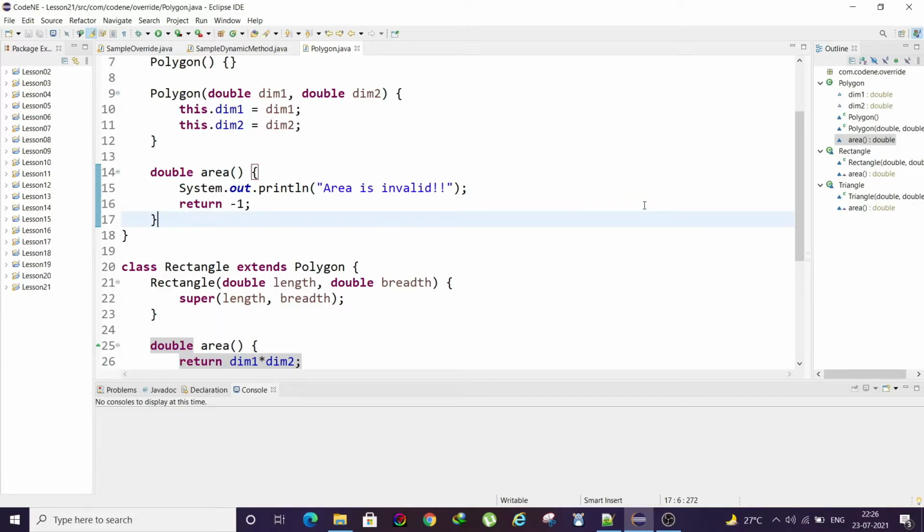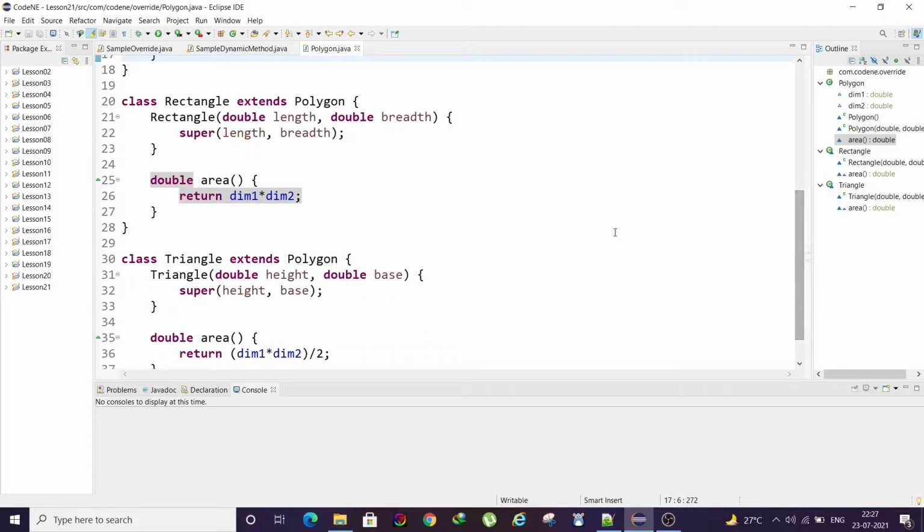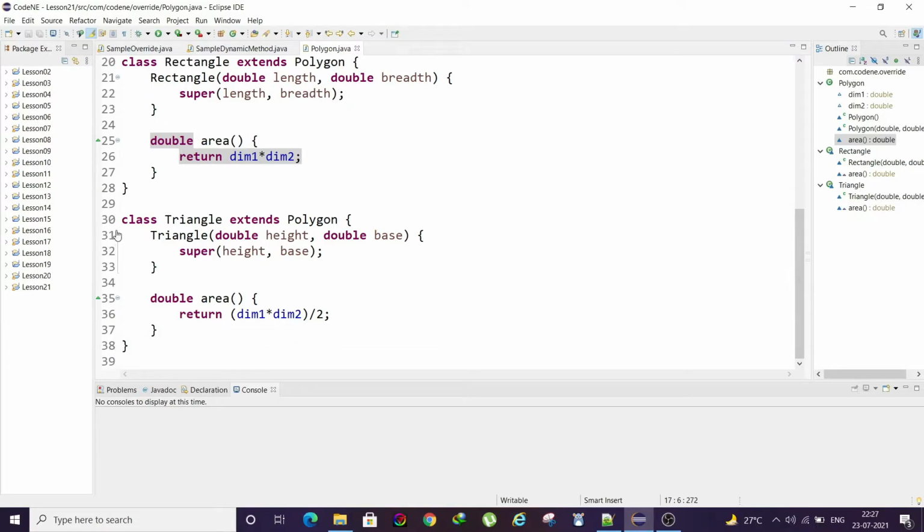Overloading, we have already seen overloading, right? If you can recall, overloading means the same method name exists in different forms, but the argument data type should be different, or the number of arguments should be different. But in case of overriding, the number of arguments stays the same. The main thing is that the child class is overriding the parent class's method. That means the child method overrides the parent method. The same thing triangle is also doing.